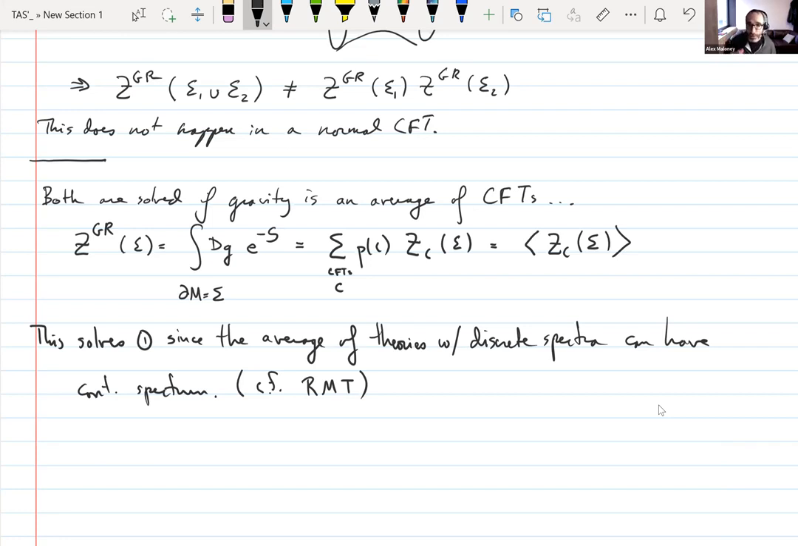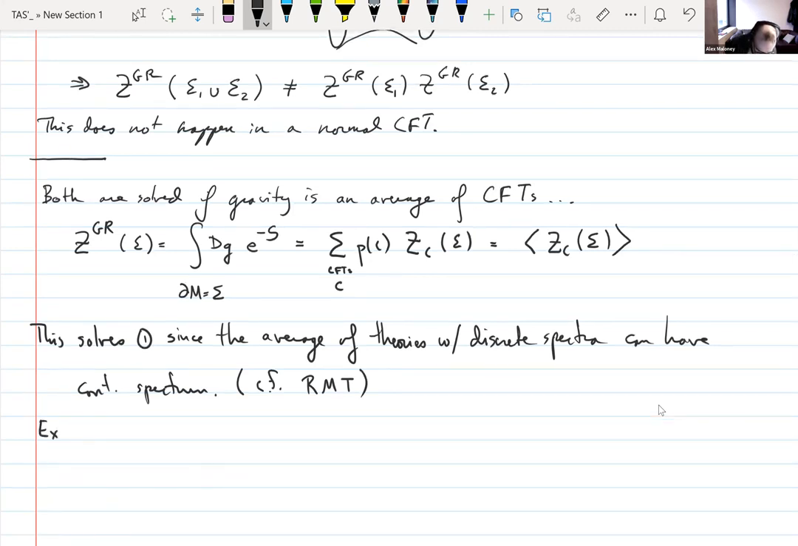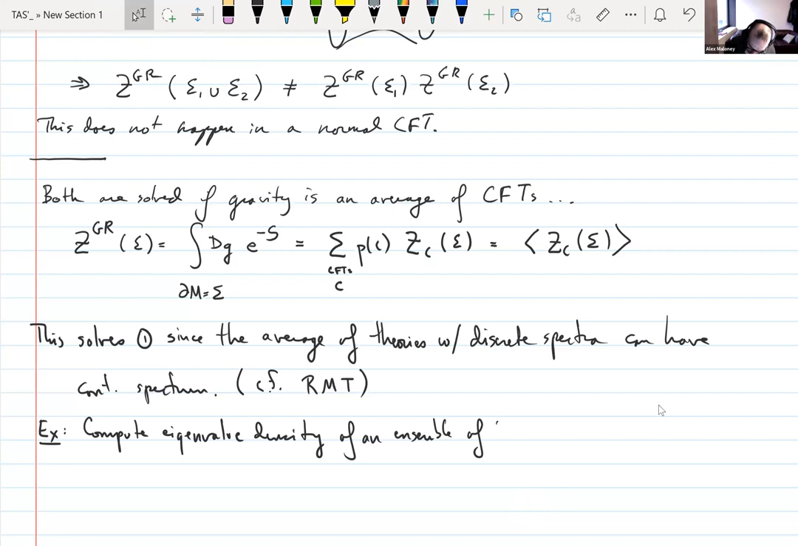But if you average over an infinite family of such Hamiltonians, then there's no reason that the resulting spectrum of the averaged theory should be discrete. So for example, and I think this is a great exercise, let's just imagine that we had a 2 by 2 Hermitian matrix. Then it's a straightforward and fun exercise to compute the eigenvalue density of an ensemble of 2 by 2 random Hermitian matrices